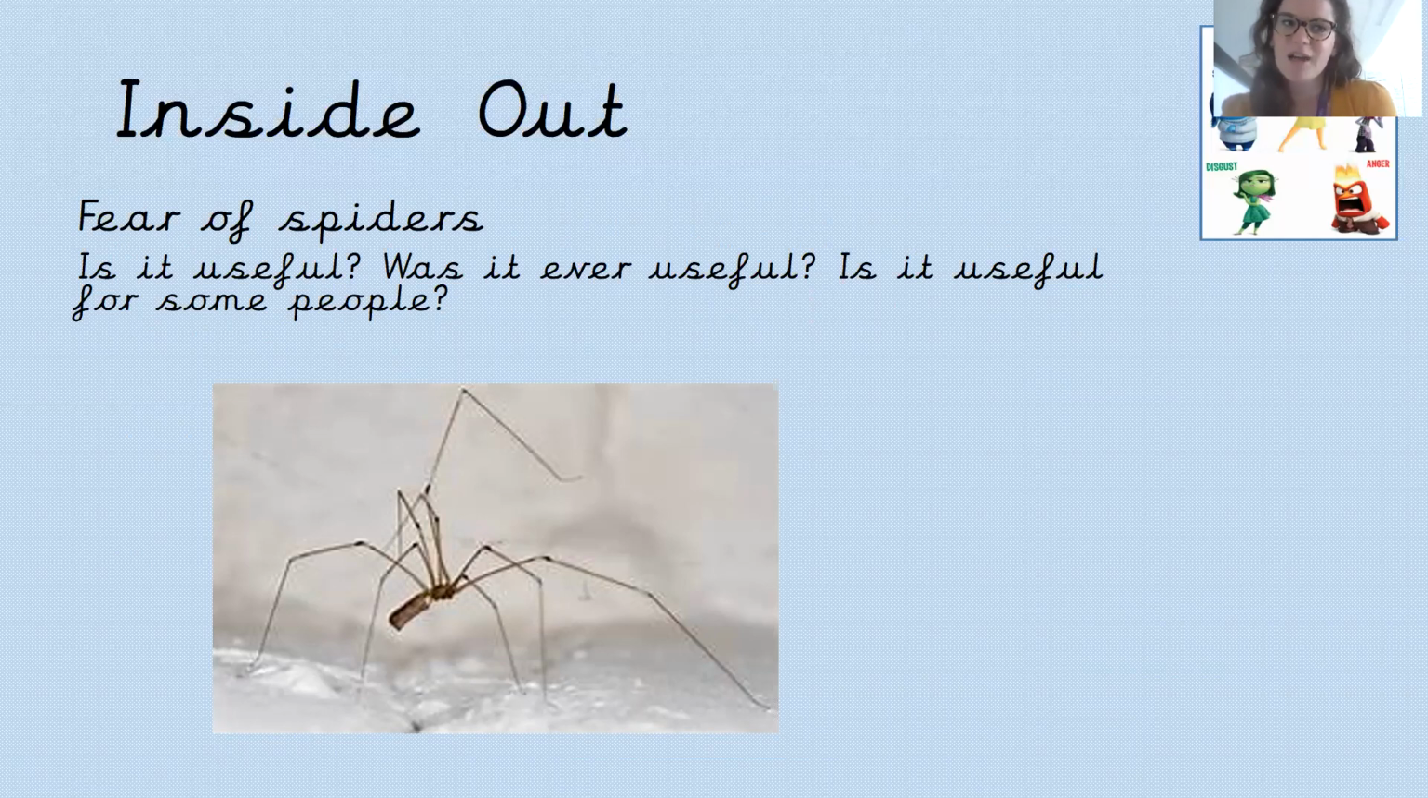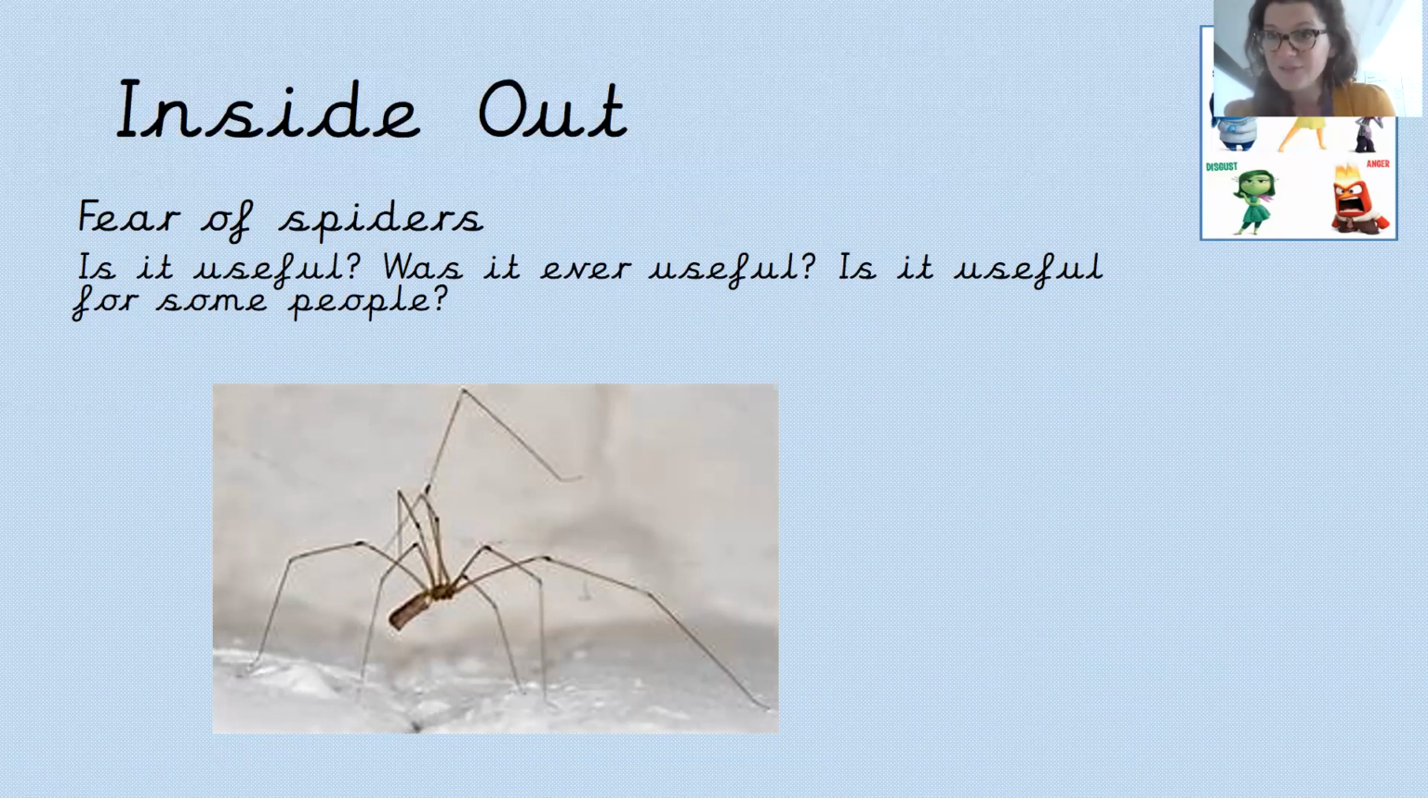Okay, so it's not useful for me to be afraid of spiders. That fear that I have doesn't actually help me because in this country, spiders can't hurt you. They're much smaller than you, and touching a spider is not going to put me in any danger. What about humans in the Stone Age? Well,